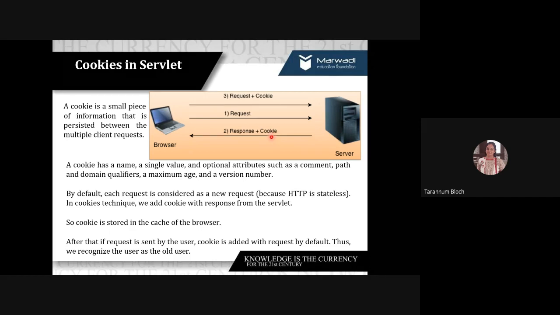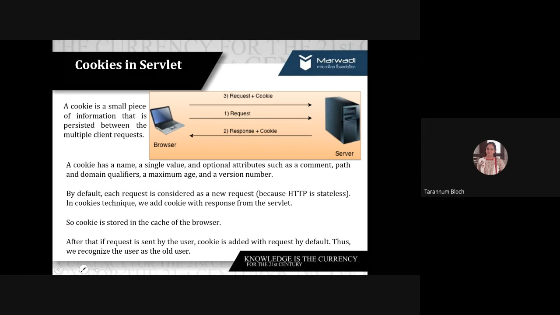accept the cookies? And when you say yes, you're giving permission to store the cookie in the cache of the browser. Usually it's in the cache of the browser. Fine. So when you accept it, it will be saved in your browser. Now, the second time when you click somewhere, or you do something with that website, which is a new request, this time your request will not go alone, but it will carry your identity. It will carry your identity in the form of a cookie variable, right?